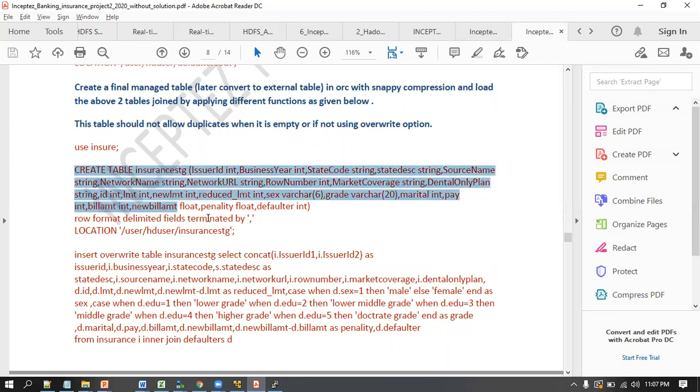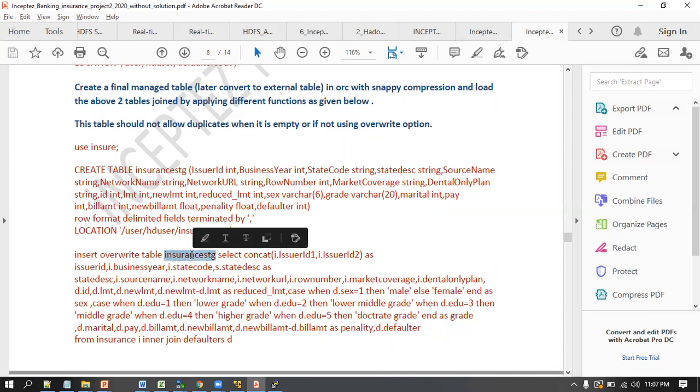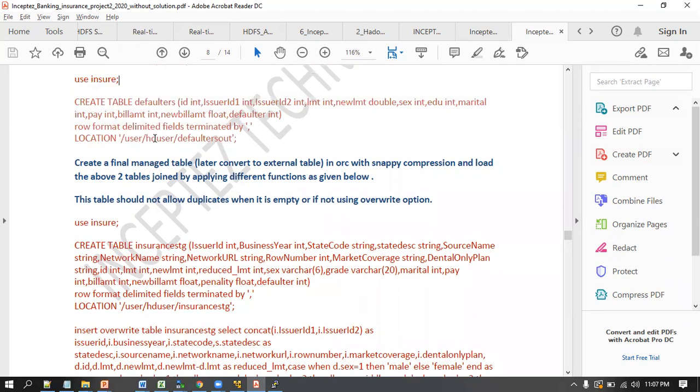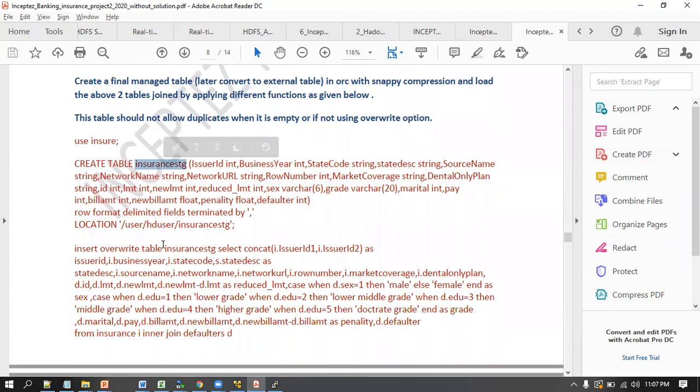So I wanted to create one table called Insurnce STG. I just mentioned the table statement over here, and load this data into Insurnce STG by joining the insurance and the defaulters. Insurance is the one we created long back, and the defaulters is the one we just created above. So I wanted you to join these two tables and load the data into one staging table called Insurnce STG,